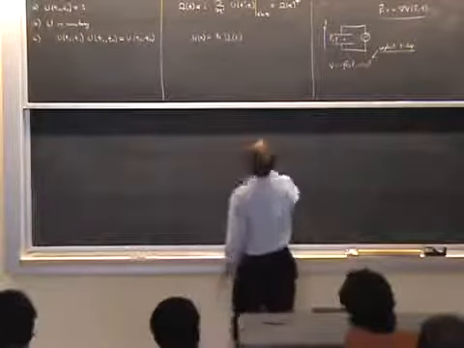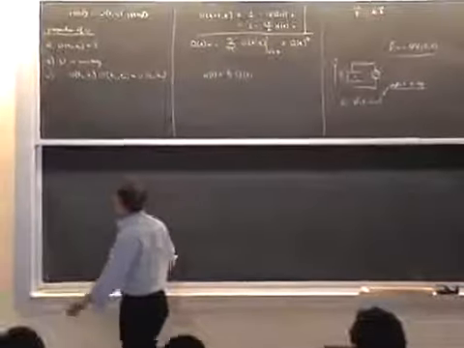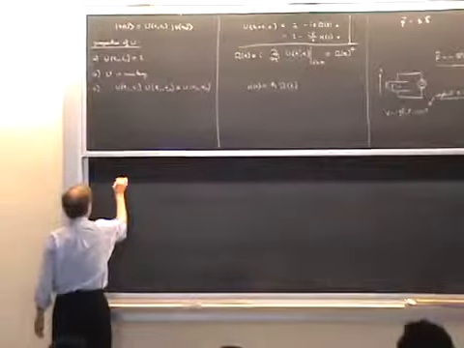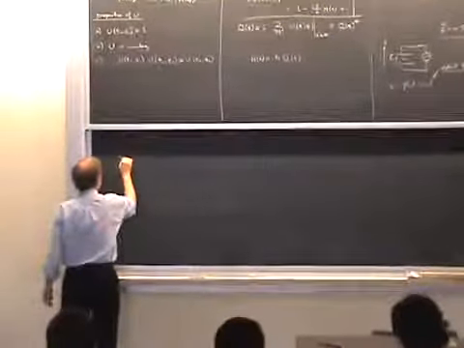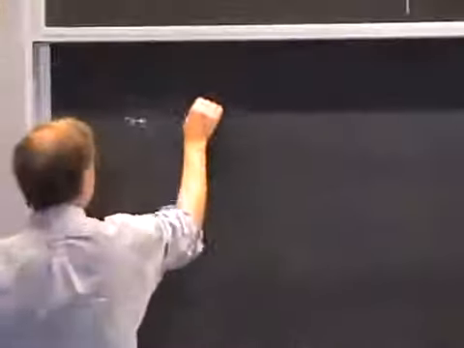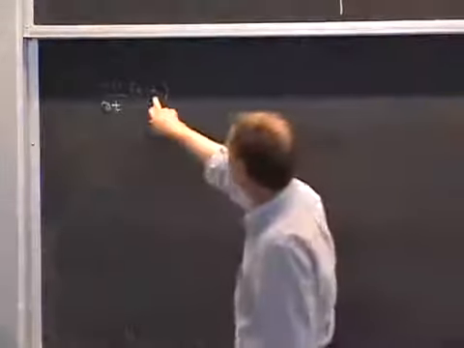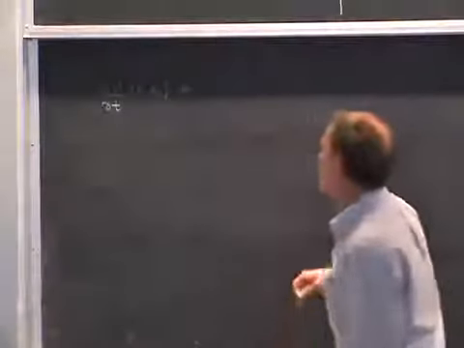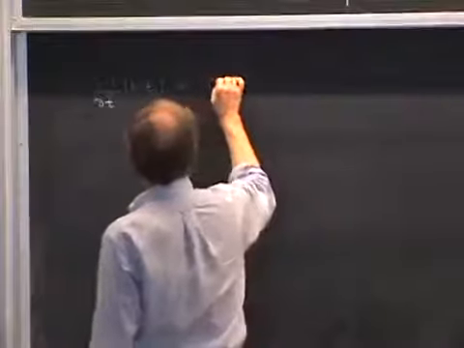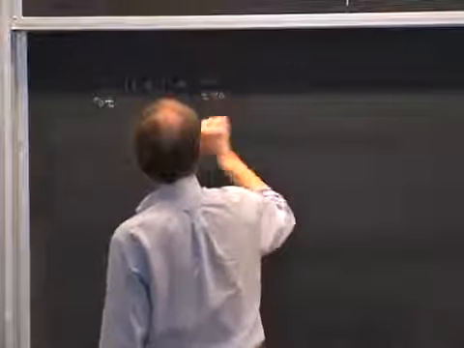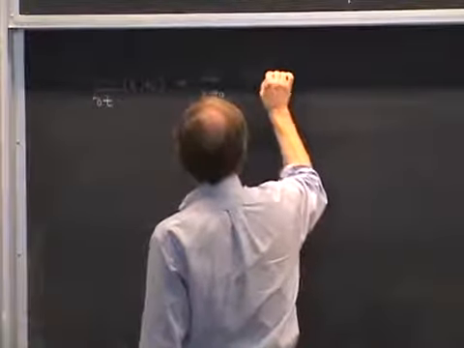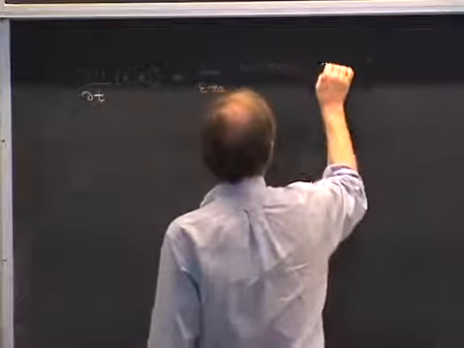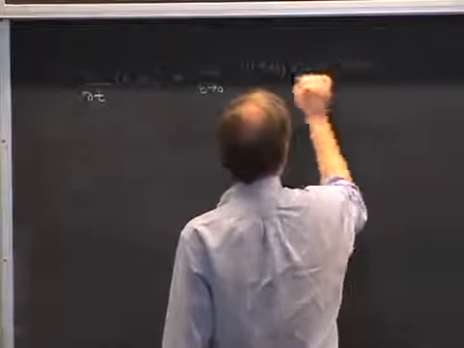Now, let's work out a differential equation for the unitary time evolution operator U. What we're going to be interested in is the derivative of U with respect to the final time. Let's make U a function of t and t0, and consider its derivative as a function of the final time, regarding the final time as variable and the initial time as fixed. Well, I want to work out a formula for this. By the definition of the derivative in calculus, you can write this as a limit as epsilon goes to zero of U evaluated at t plus epsilon comma t0, minus U of t comma t0, divided by epsilon.